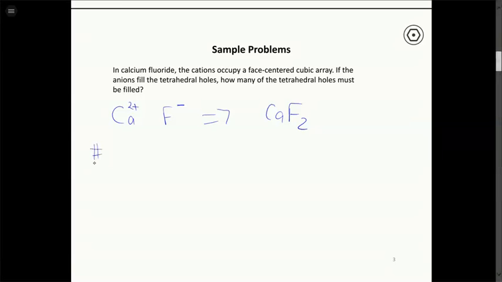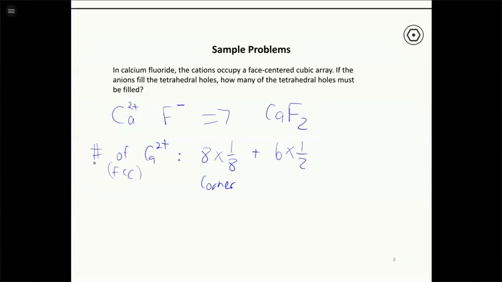Remember, this was in the summary table that I gave you before for the lattices. These are going to be on the FCC positions, face-centered cubic positions. Remember, we have 8 corners in a face-centered cubic lattice that are all filled, and those count as 1/8. We have 6 faces in a face-centered cubic. Those count as 1/2 because they're shared between 2 unit cells. So, also as a review, in total we have 4 ions or atoms that can occupy a face-centered cubic lattice. So in our unit cell, we have 4 calcium 2 plus ions.